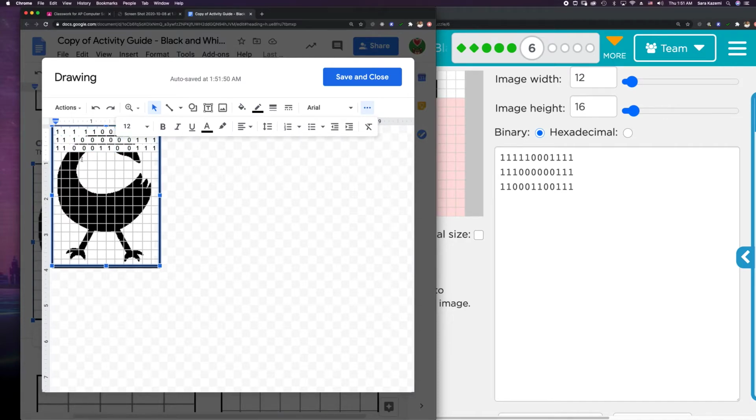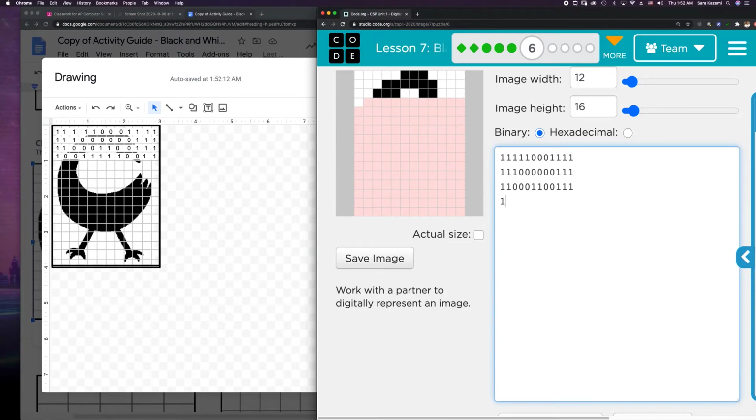Okay, so white, and then this one could go either way. I'll do black, and then black, and then perhaps white, white, white, white, white, and then black, black, white, and then white. Transfer those over. 1 0 0 1 1 1 1 1 0 0 1 1. Okay, and then for our next row,